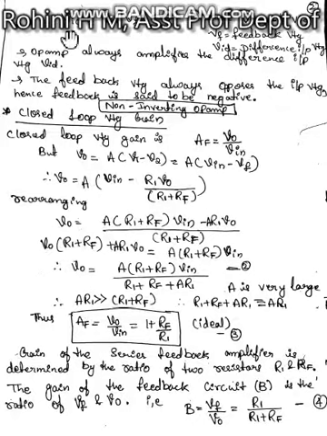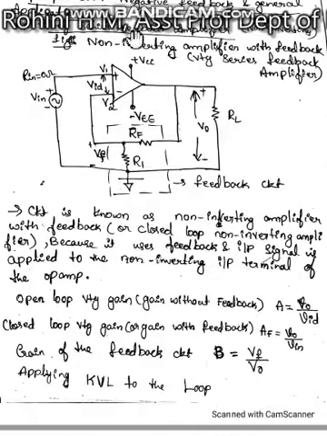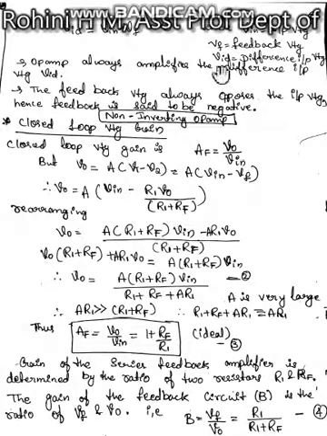That is VID is equal to Vin minus VF. So when we look at the circuit, at V1 it is the input voltage, what is the voltage applied? Vin. And near V2 it is nothing but the VF. So VID can be written as Vin minus VF. Then the op-amp always amplifies the difference in the input voltage VID. So this input voltage VID is amplified.